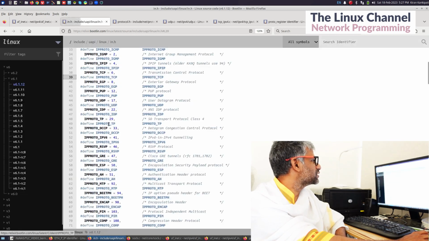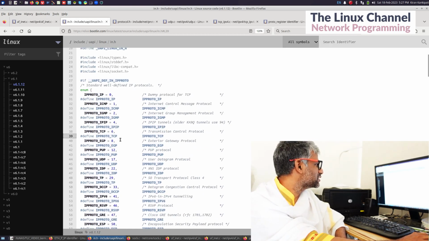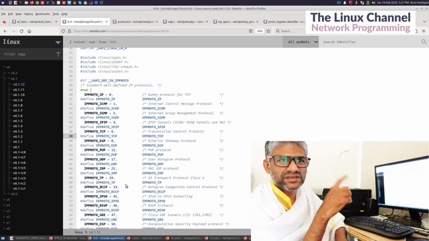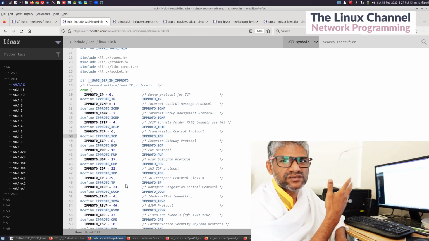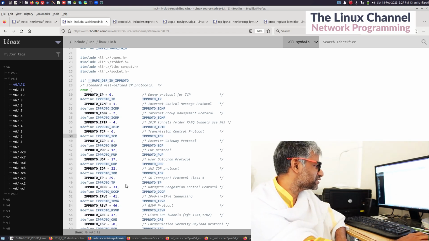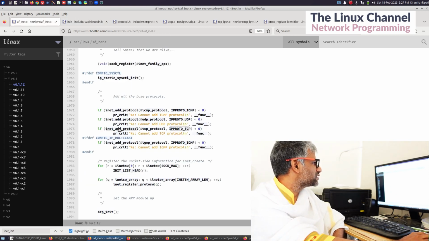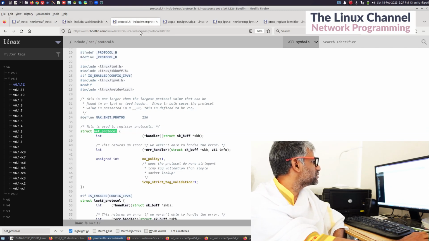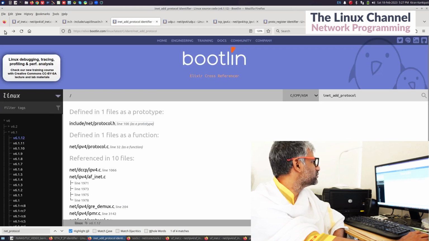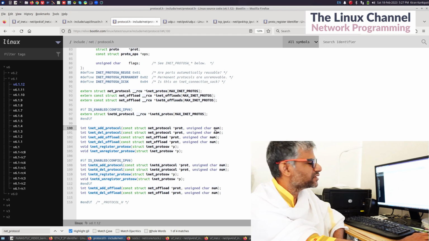and when you open it, it will be some sort of enumerated or hash-defined data structure. In this case it is an enumerated data structure, and you can see there TCP 6 and so on. This is the regular stuff whenever you access any socket APIs or do any such things in regular day-to-day work. So you can see this is where it is defined, and they are passing it to this API, which is inet_add_protocol. And if you go back, we came over here, inet_add_protocol, which is taking this unsigned char number and